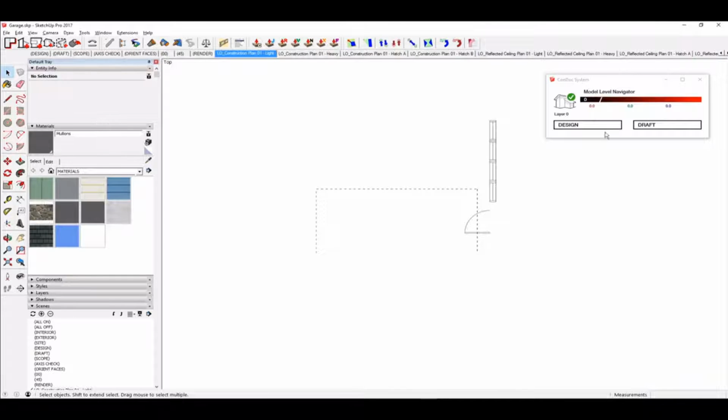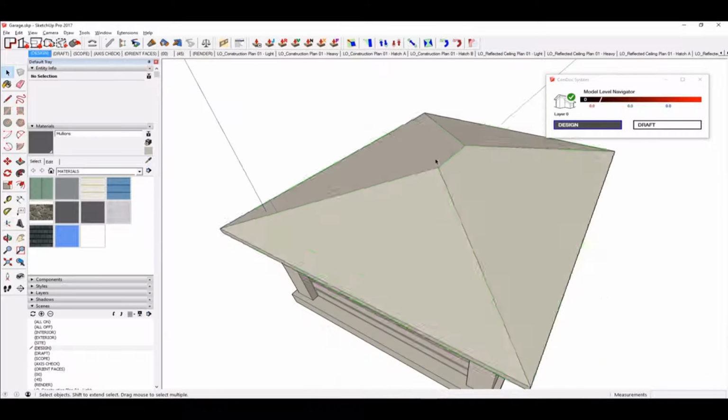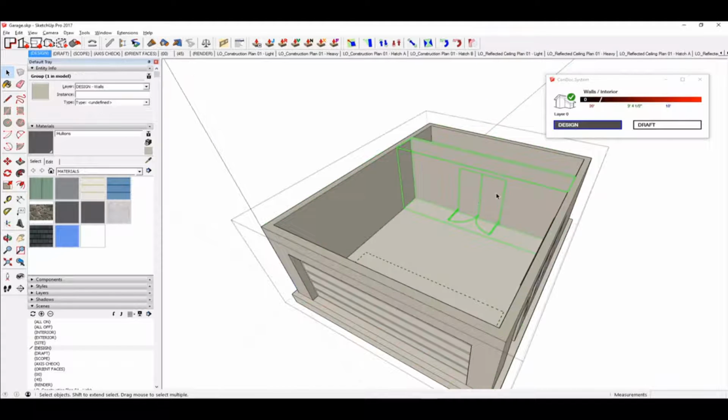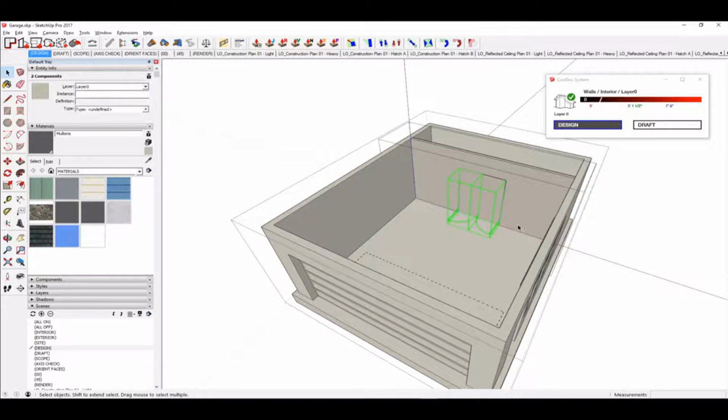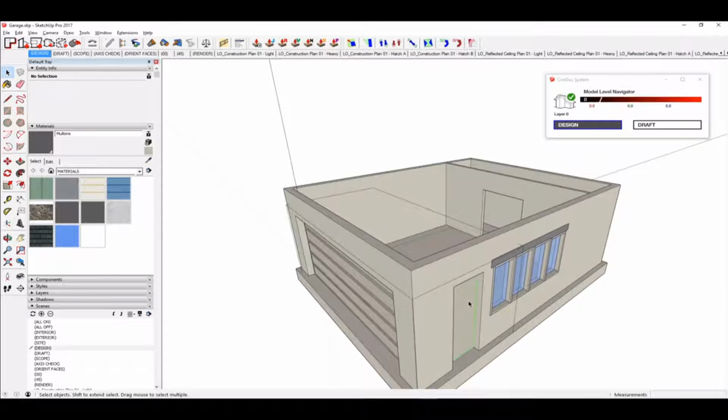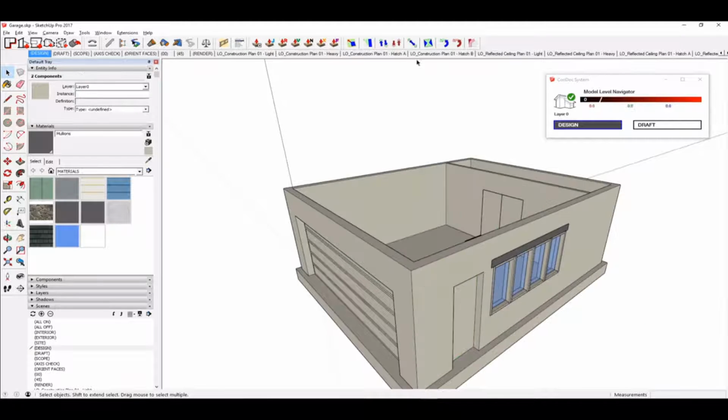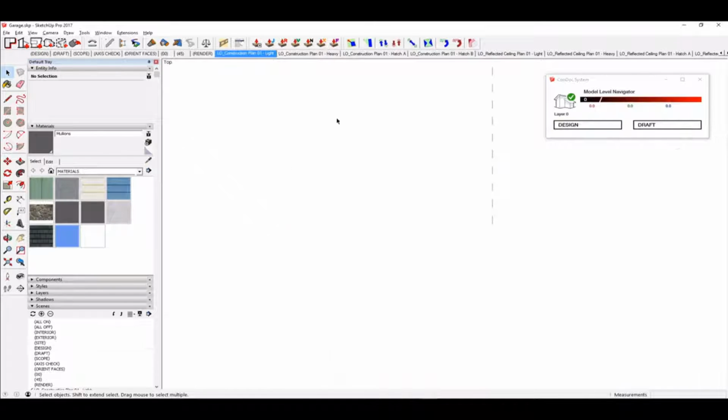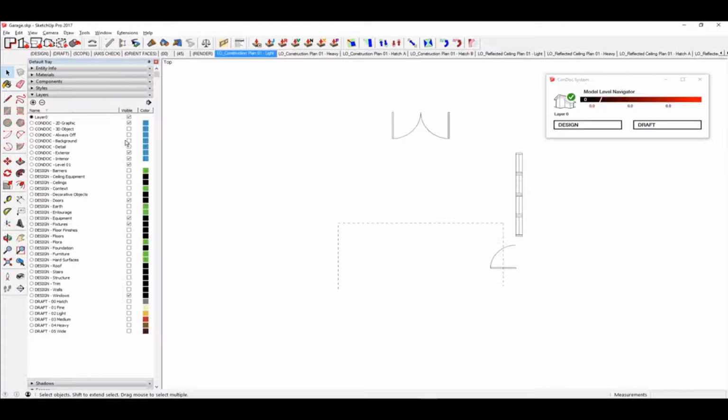but actually, let me fix my door. I want to hide this. These are actually in my walls, so I need those to be in my doors. Okay, so construction plan 01 light. There we go. So what I can do is go to my layers, and I can say, on